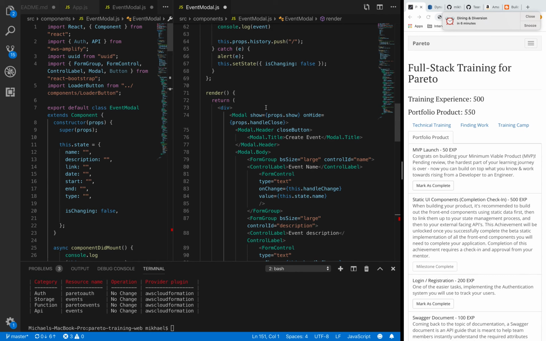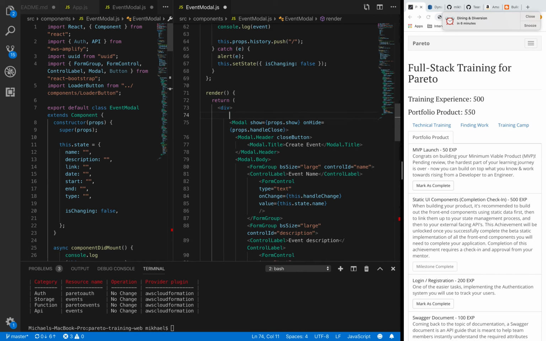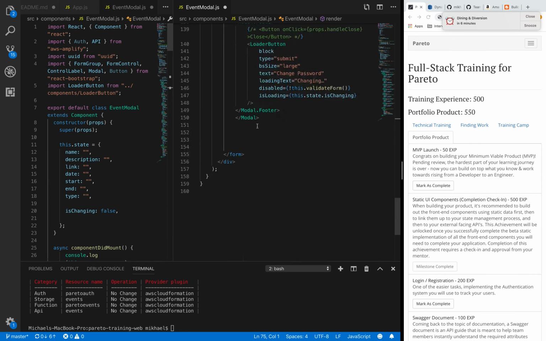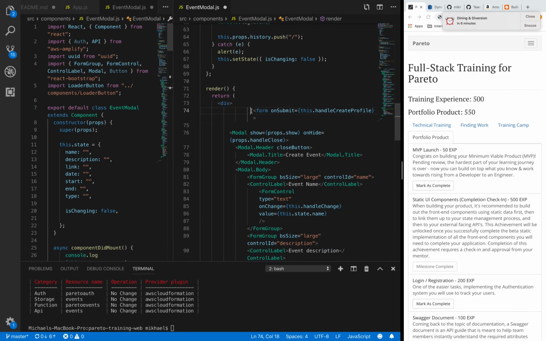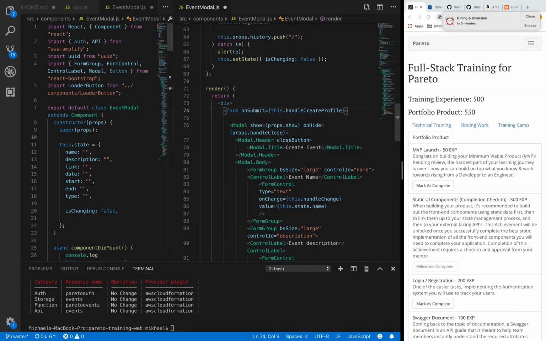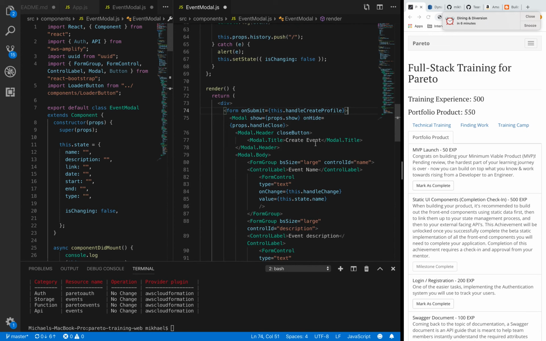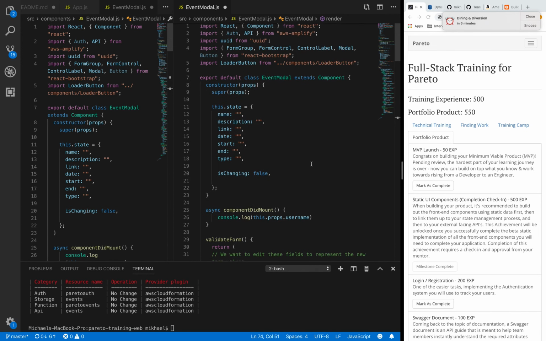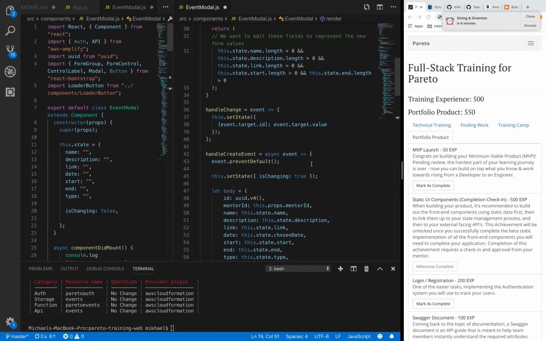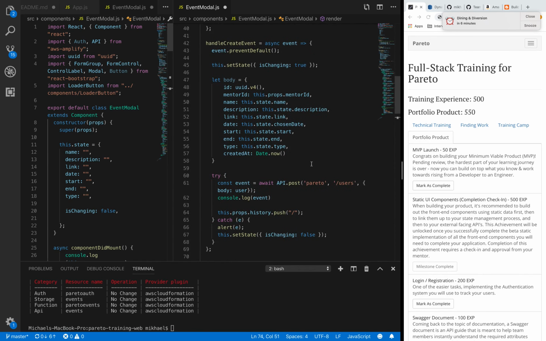I think what we could do is we could just wrap the entire modal like so. I could be wrong on that, but we'll check in a quick moment. We are importing the loader button. Something that I wonder is that this name for the API request that we want to send, this is obviously not correct here. Go ahead and save this for now, but